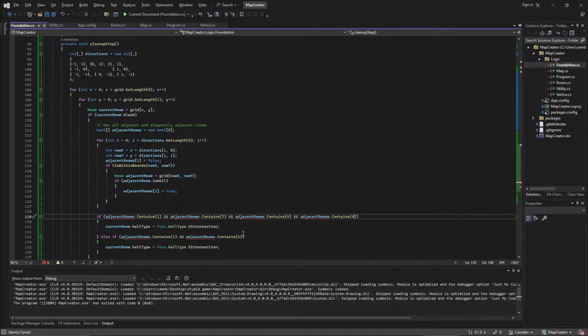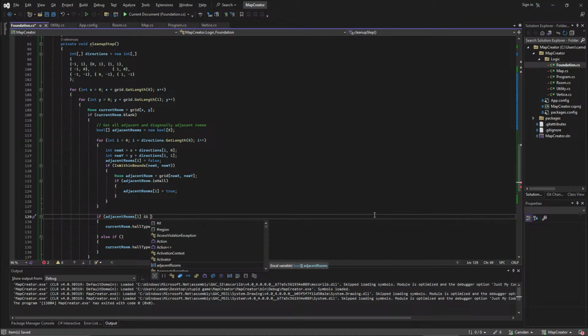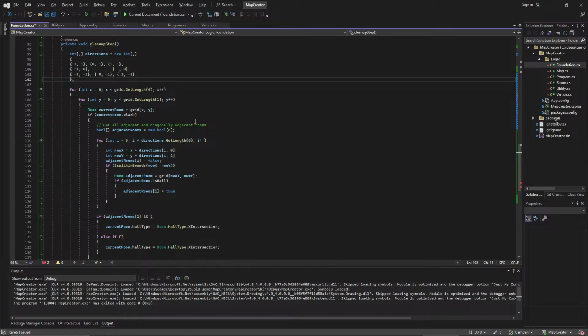So now we don't have to do any of this contains stuff, but we could just straight up do adjacent rooms 1 and all that fun stuff. But that's not what we're gonna do. What we're gonna do is even funnier, right? Well, yes, funny indeed. We're gonna have to hard code every single combination that there is